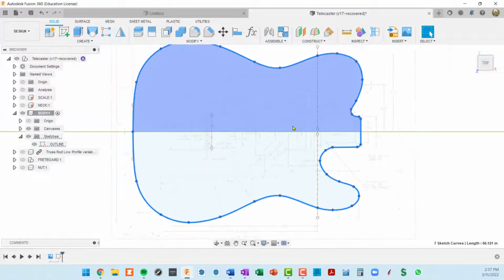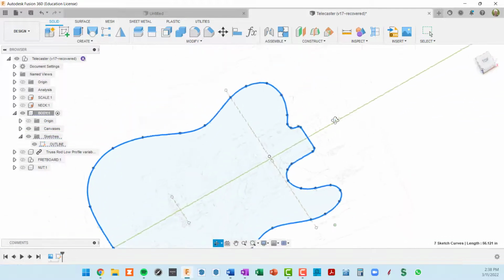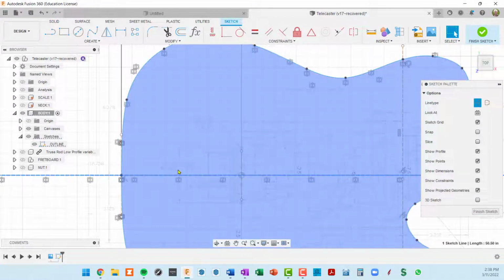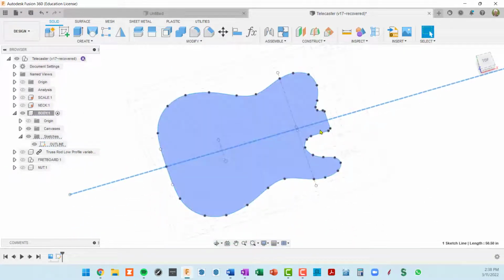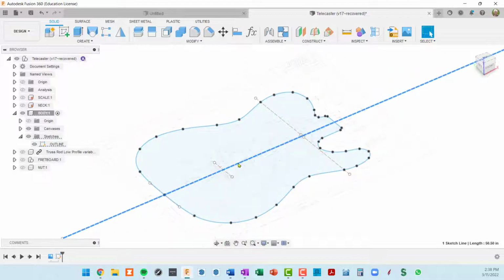And now, let's see, we've got a little problem here where this is not construction. This is construction geometry. I'm sorry, this is not construction geometry. So I want to go back into that sketch and see if I can fix that. So if I hit this line, do an X, and finish. Now when I hover over the profile, I just have one profile, which is what I want. Okay. So we can go ahead and extrude this at this point, and then we'll come back and add the